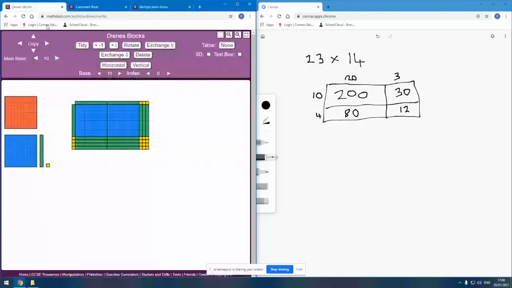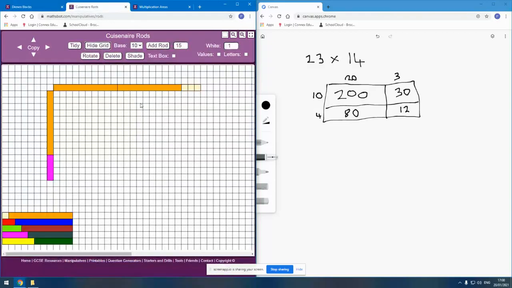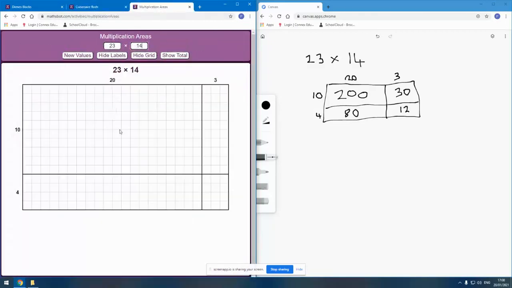And so by transitioning to be able to fill this grid and these areas up with my Dean's blocks, but of course, I would struggle to do a 100 calculation with there, but I can actually fill these and see the separate spaces, to being able to evaluate the separate spaces either using Cuisenaire or using the multiplication areas section. That can help me transition to seeing, oh well, actually, I'm just creating rectangles split into parts, and this is how many parts I've got, and I can work out the number of squares in each part separately,